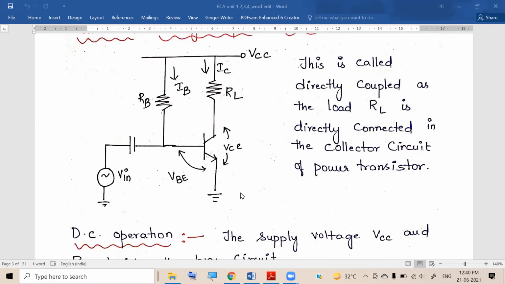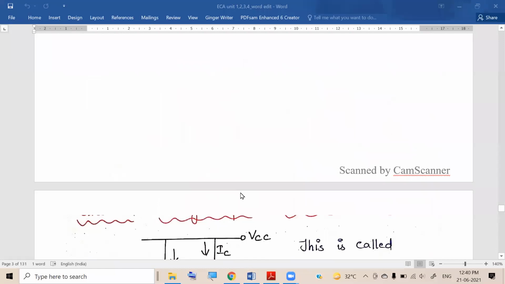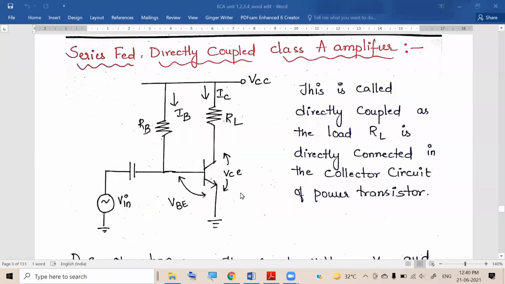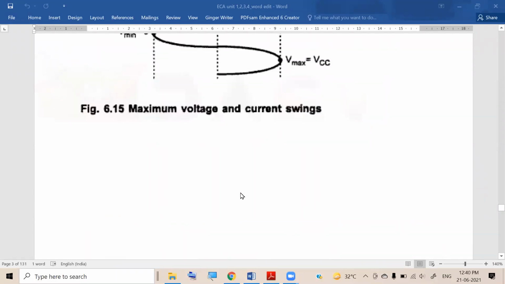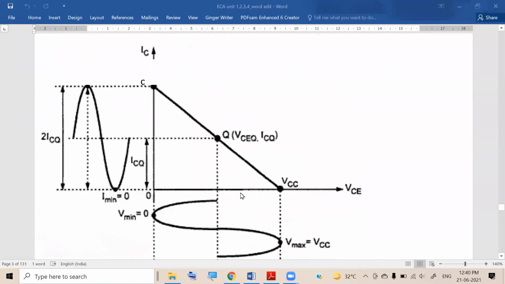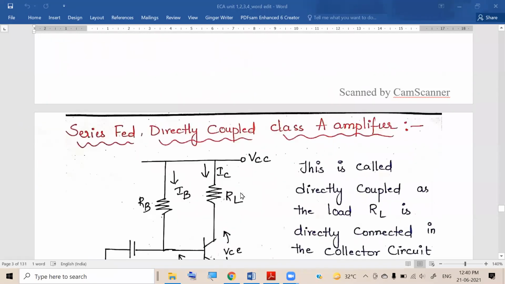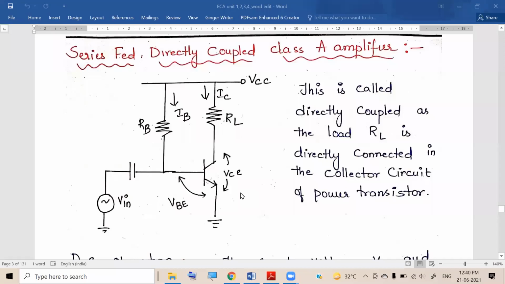Okay, first of all, you tell me. In an amplifier, what is the output you are expecting? What is the useful output? AC or DC? Please answer. In any amplifier circuit, what is the useful output? Is it AC or DC? Please answer. What is the amplifier doing?